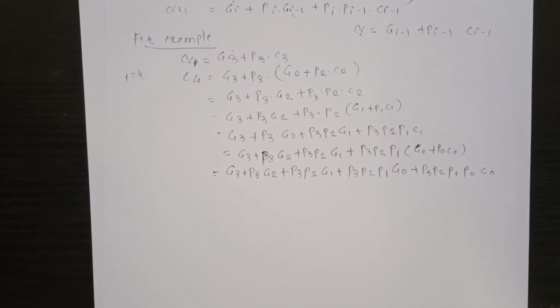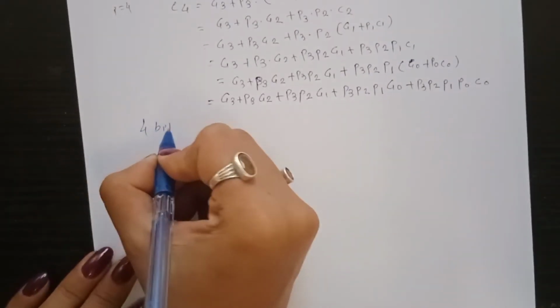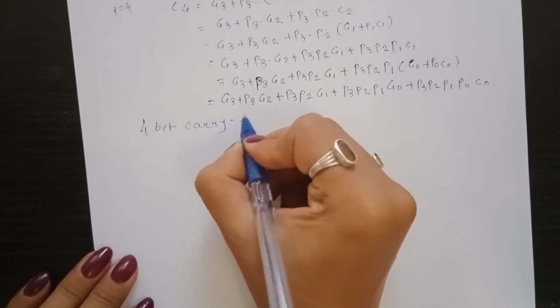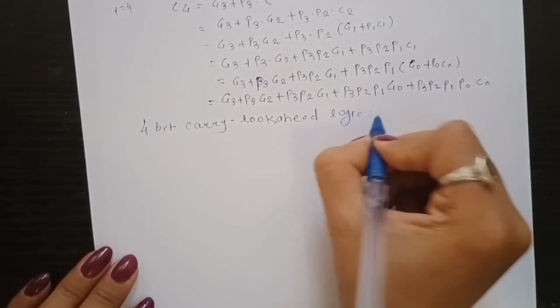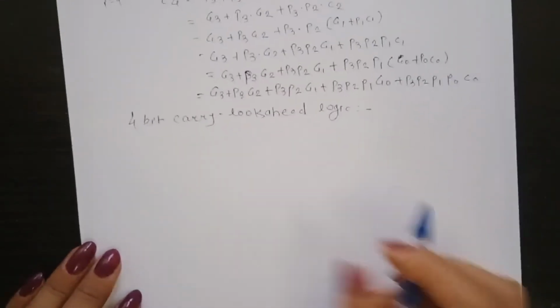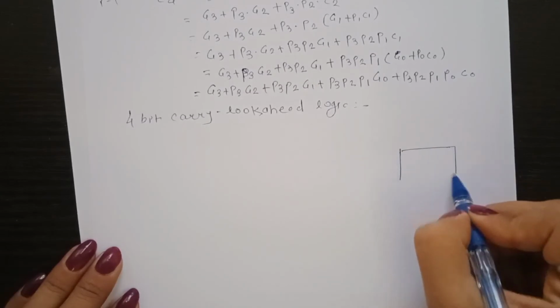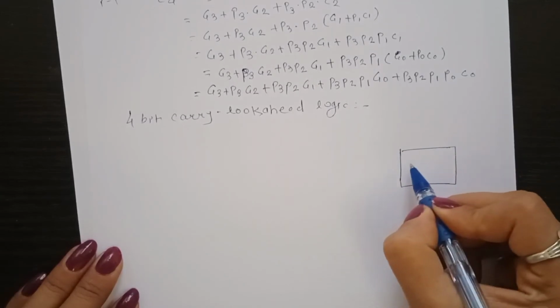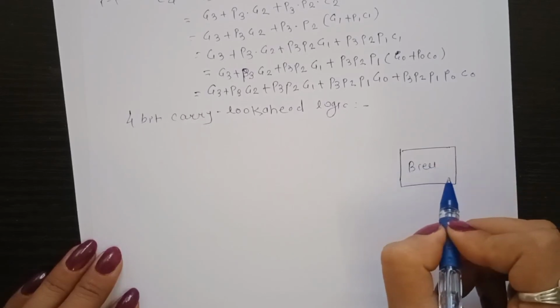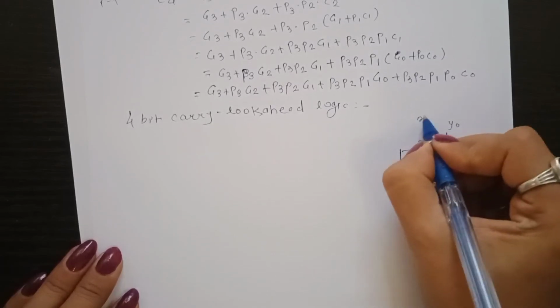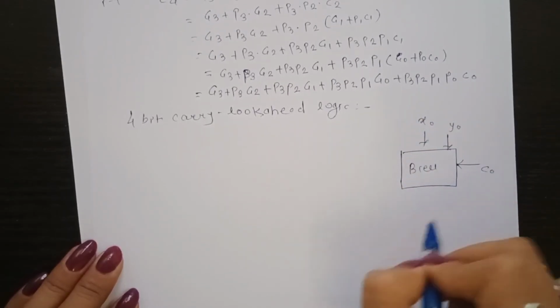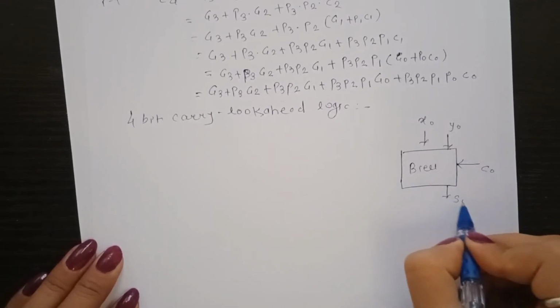Now what will be the block diagram for this carry look ahead addition? We have seen the example for 4-bit carry, so we have to implement 4-bit carry look ahead logic. So what is the block diagram? First simple concept is that first use adder. Here we write it as B cell because this is for 1-bit cell. Okay, what are the inputs? Y0, X0. What is the carry? C0. Okay, we get S0.